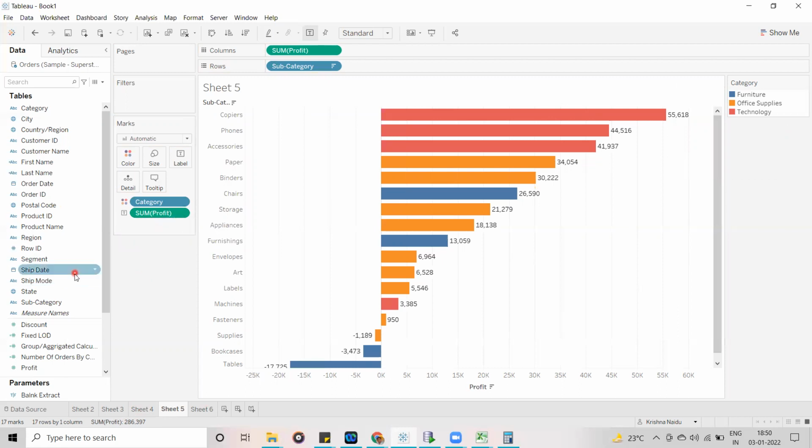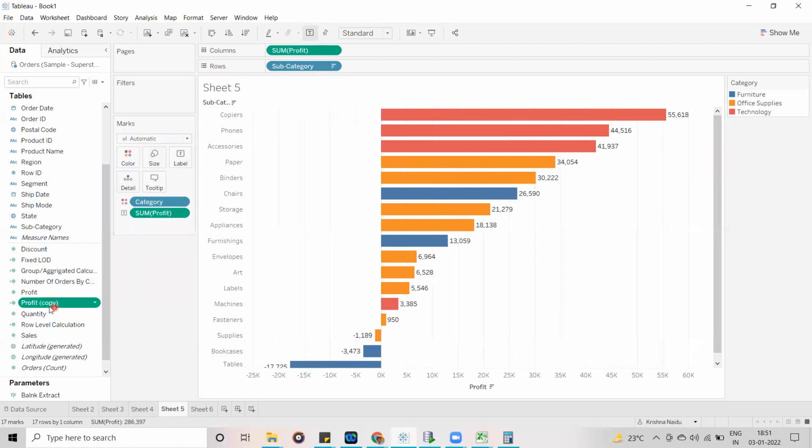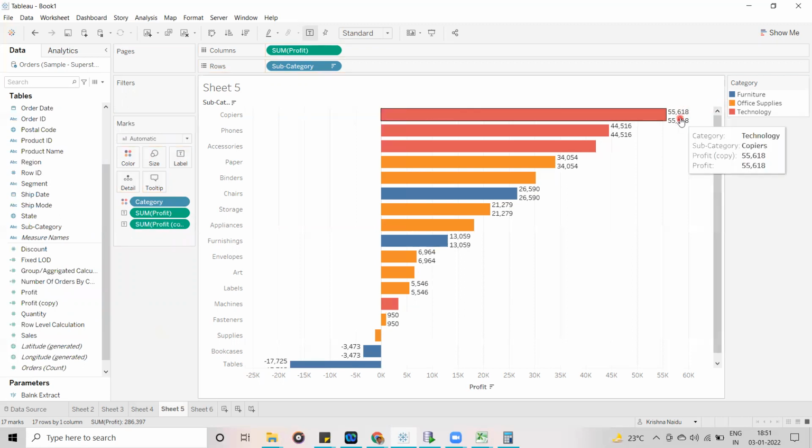Now what I'm going to do is show one more value here. I am going to right click on this and just duplicate this field. Now I am going to drag it again into labels. Now you can see twice I am showing the same value. Without duplicating this field, if you want to show the same value, it is not possible. So that's where I explained duplicate. One more thing I tried to explain, that time I didn't remember. So now in this case, twice I am showing the same value, same profit, right?